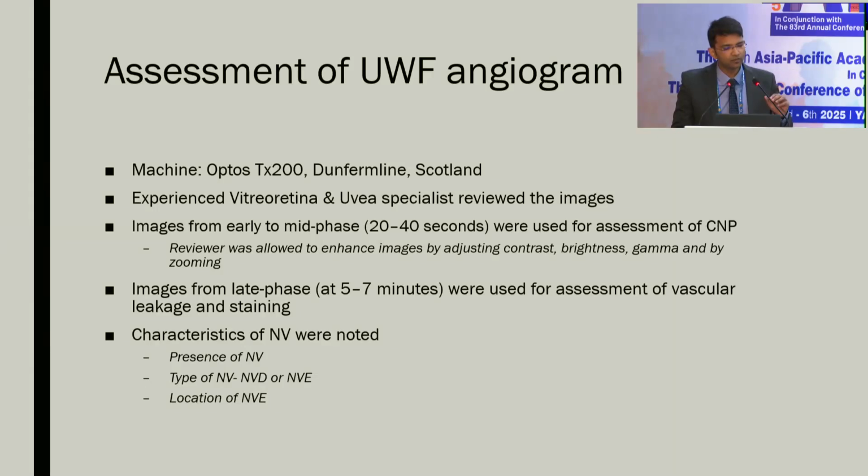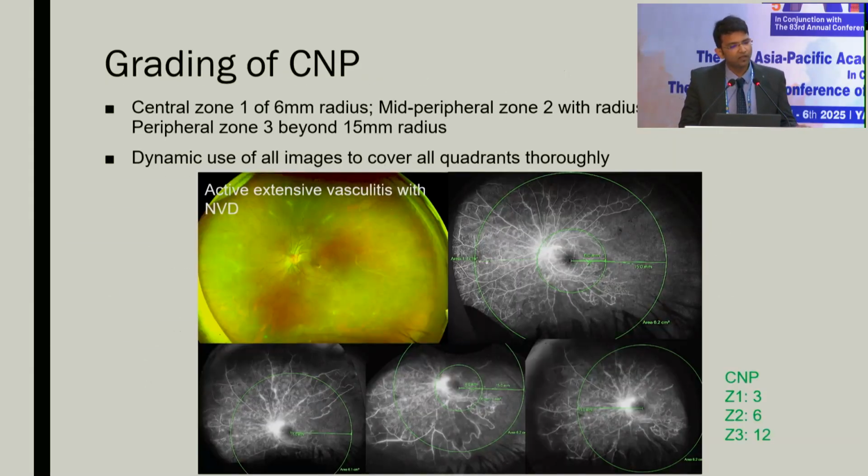Assessment of the angiogram was performed on Optos by an experienced specialist. The grading of CNP was performed based on the preliminary data that we obtained from retrospective patients. We divided the fundus into 3 zones: central zone 1 of 6 mm radius. These annotations were done on the Optos software. The central zone of 6 mm radius, mid-peripheral zone of 6 to 15 mm, and peripheral zone beyond 15 mm